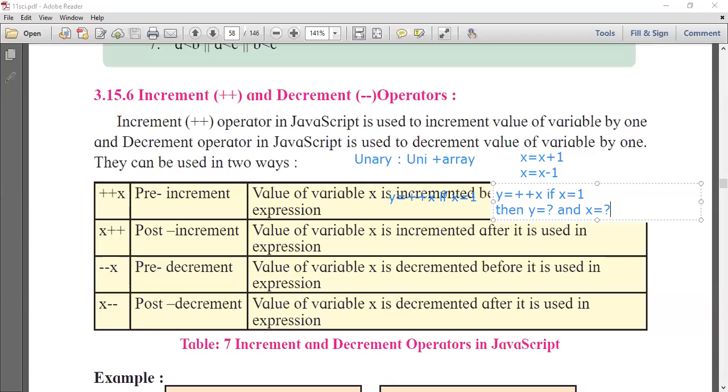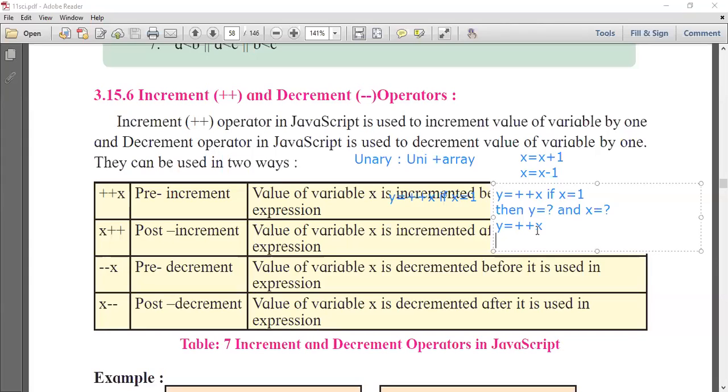Okay, now if you want to solve y is equal to plus plus x, then first of all, here is a plus plus. What is said? Plus plus do first. It means increment first, means increment the value of x first.